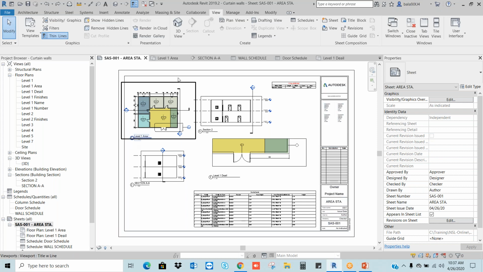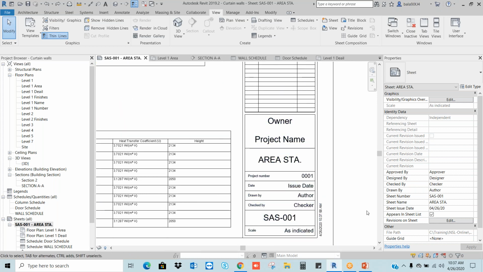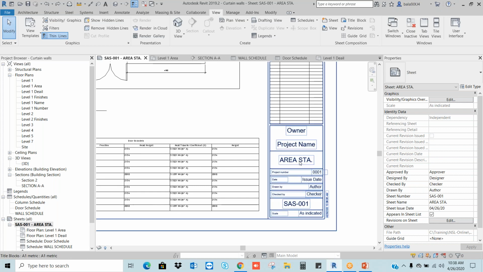Okay, in this way we create the sheets. Let's say now here in the title block, I have the owner and the project name. I want to change the owner and project. Owner means, let's say, client, and project name is a different project. See, to change this information, I need to go a little bit deeper.